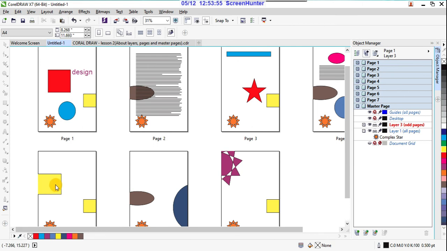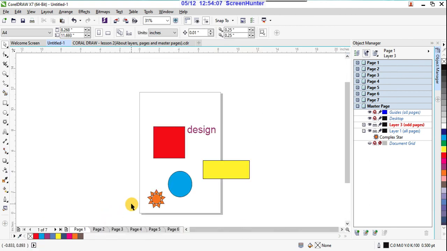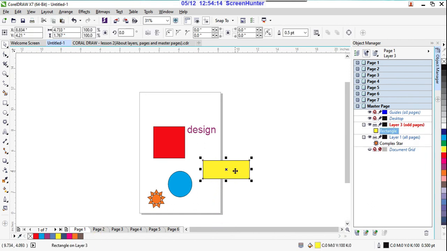Suppose in print or design, if you want to add this portion a bit inside, you can add. So press the space bar to come into the normal page, the regular view. See, this portion I actually want to add. Suppose the customer says sometimes I want to move this a bit inside because I want this design a bit inside, right? So you can move inside.